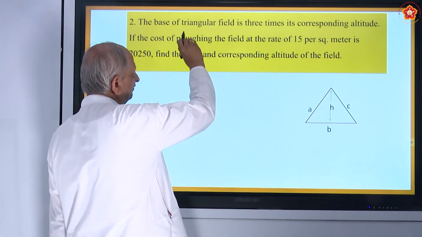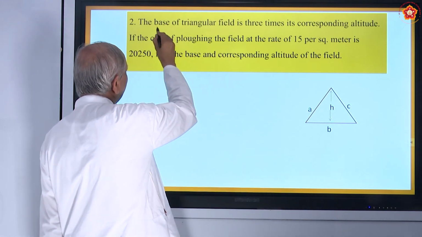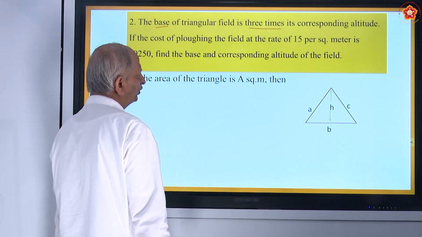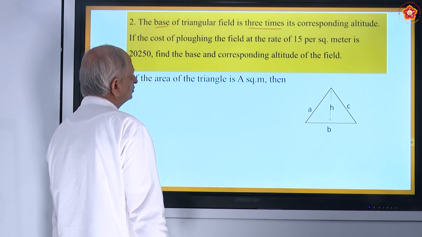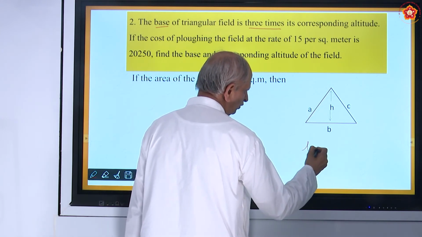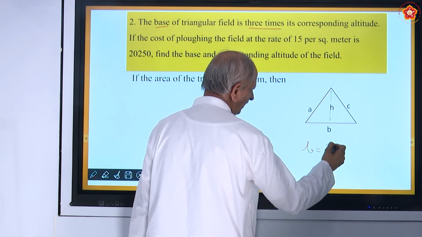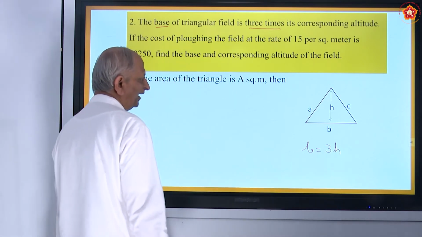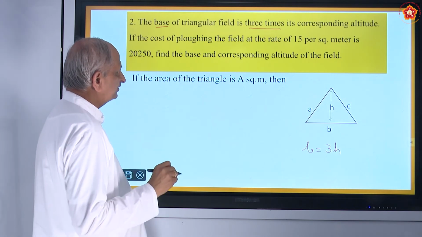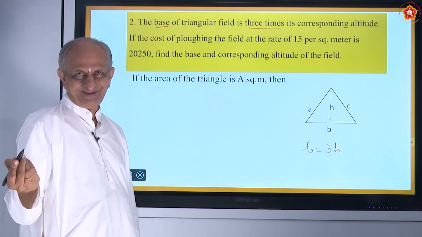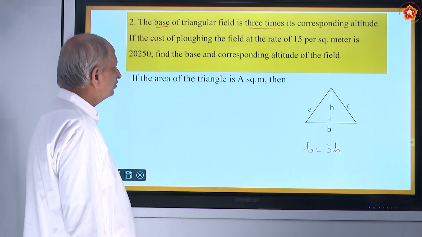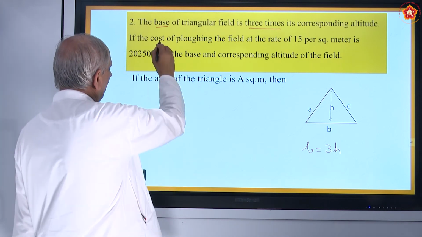In the question you are given that the base is 3 times the altitude, so B is equal to 3 times the altitude, meaning the height. And here in this question you are given neither the base nor the altitude. What you are given is the rate, the cost of